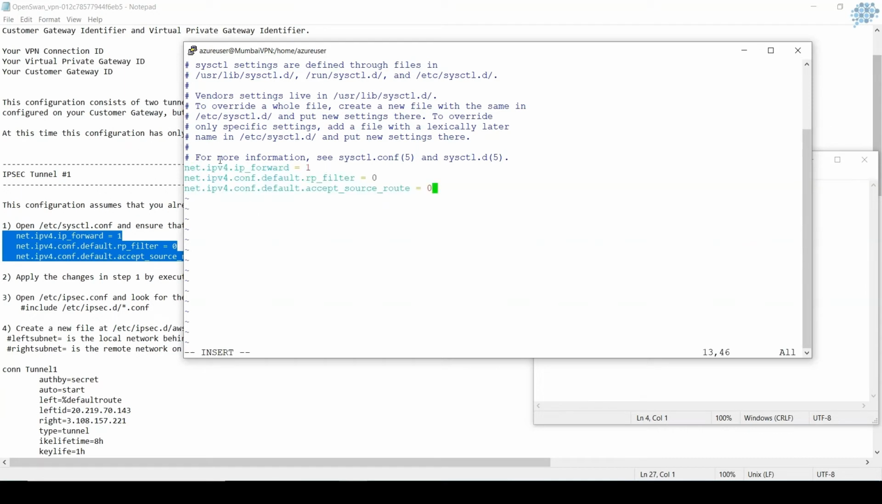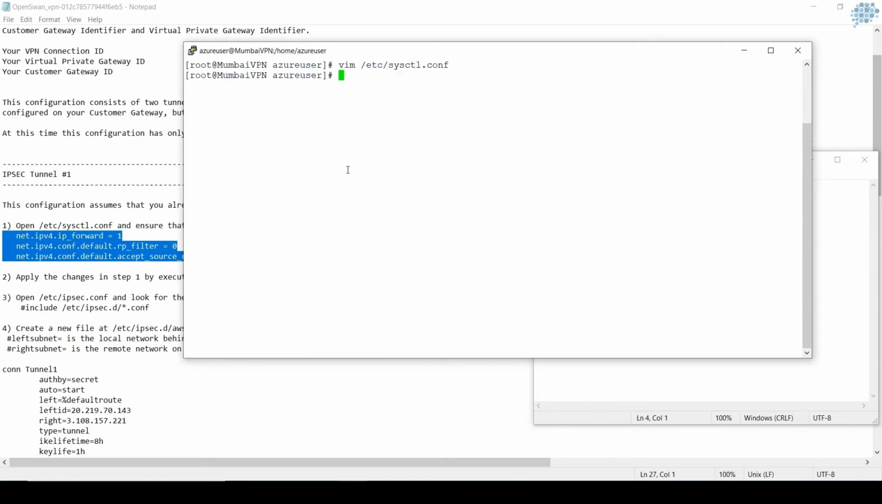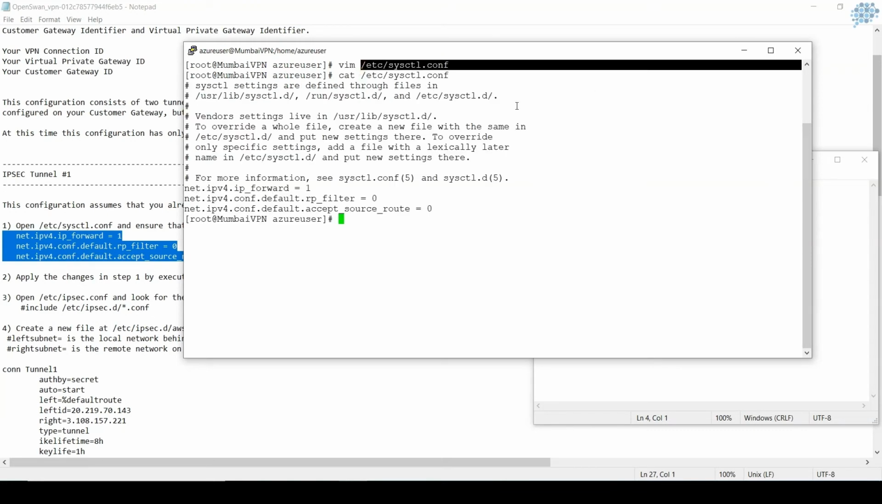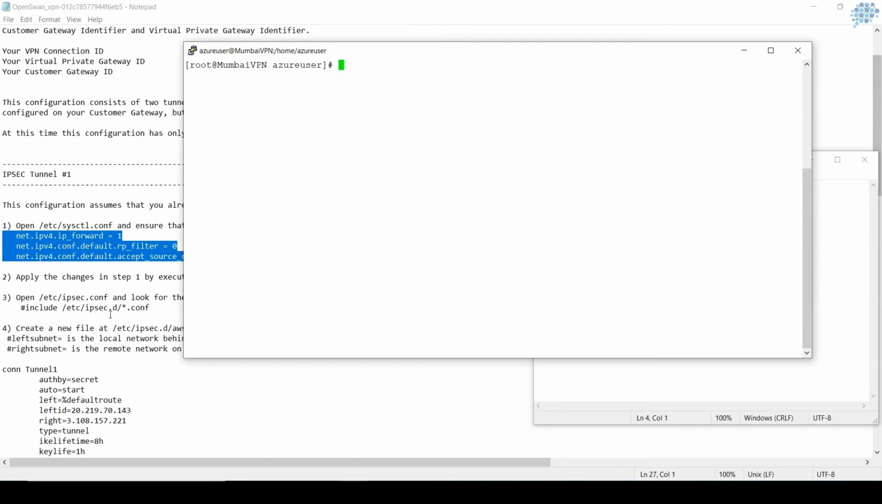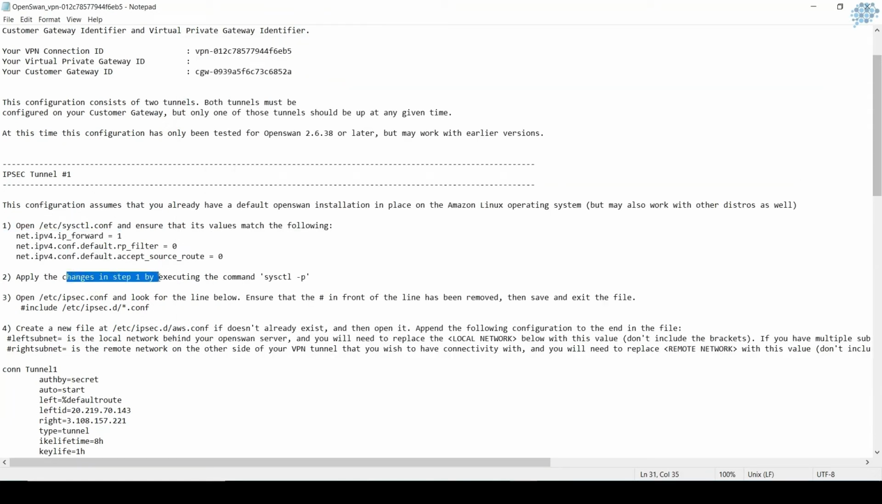This configuration is for enabling IP forward over the network. Alright, escape, :wq, done. And if you have a doubt whether it's written properly, just do a cat or right click, done. So it is updated. What is next? Apply the changes in the step 1 by executing